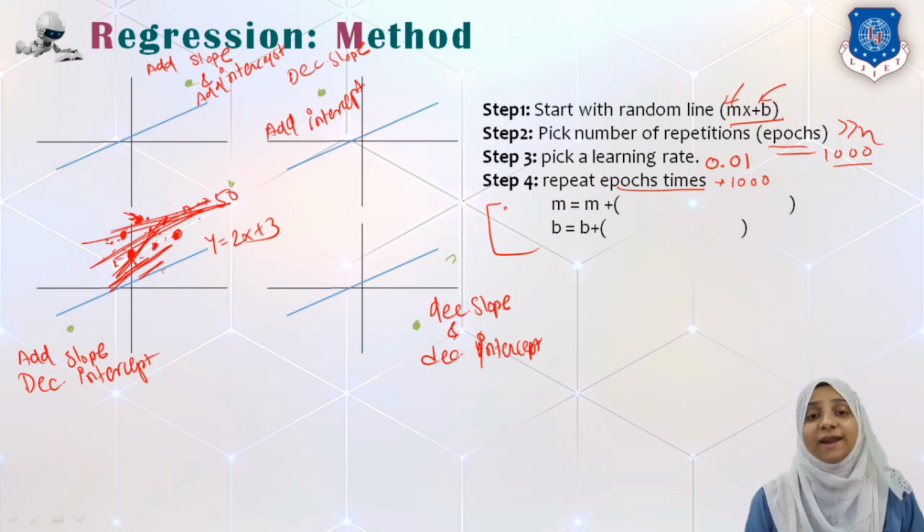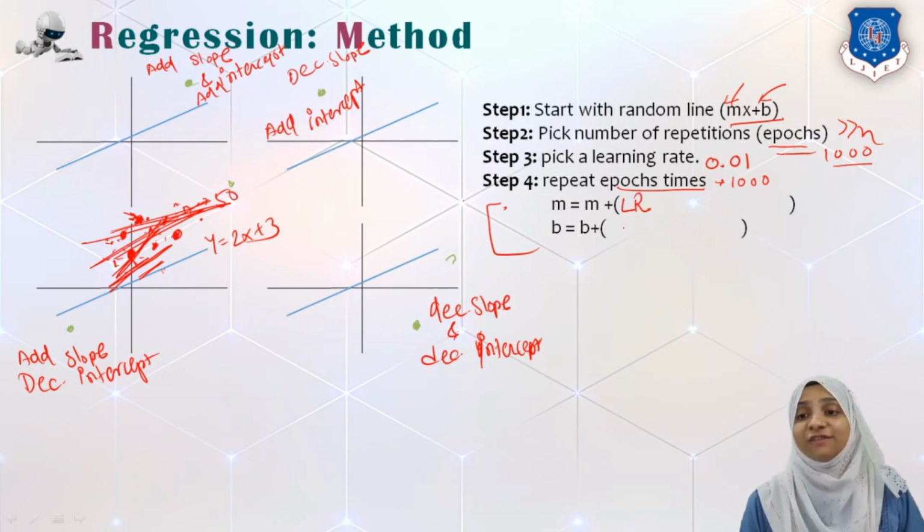So every time a random data point from the data set will be considered, hence we are changing the slope and intercept that many times. Slope is changed as m is equal to m plus some value. We know that the slope as well as our y-intercept must get changed by the learning rate only. But the learning rate is 0.01. We are not always interested in incrementing our m, that is the slope, and not always interested in incrementing our y-intercept, that is b.